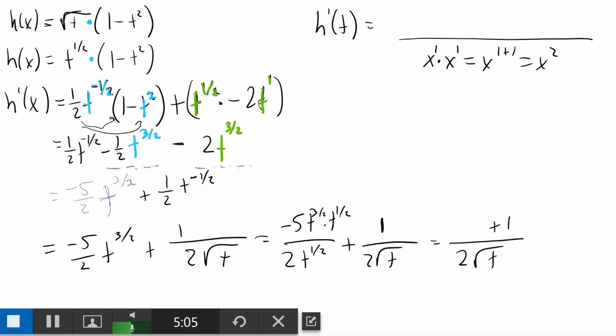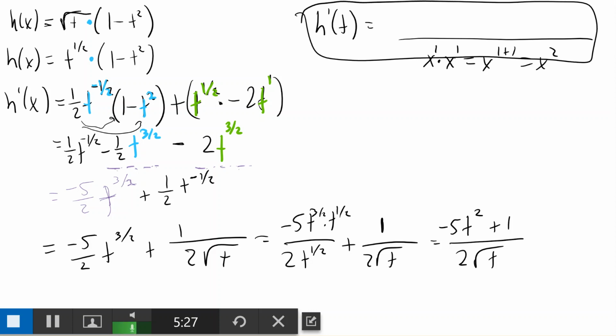And I can see this is going to work out nicely, look much better, because, so same property as this, multiplying things with the same base, we want to add the exponents. 3/2 plus 1/2 would be 4/2, which would be t squared. So in the end, my derivative after using the product rule, cleaned up as much as I could, looks like it ends up being